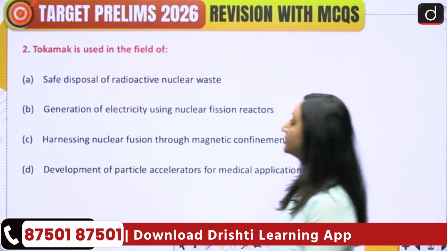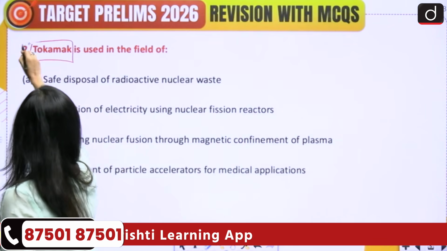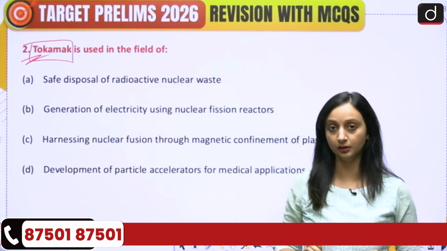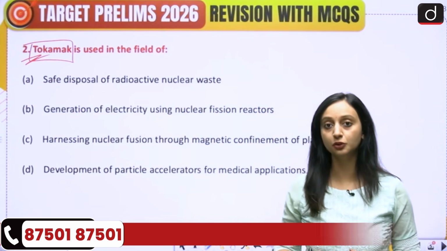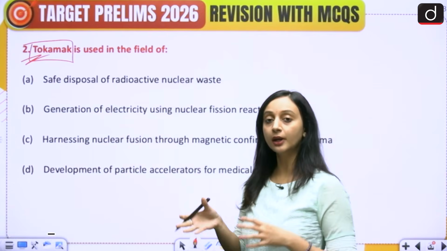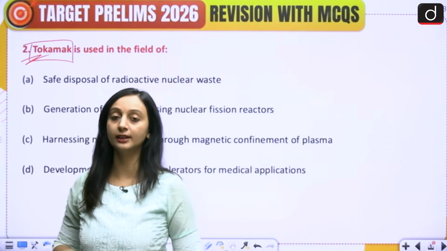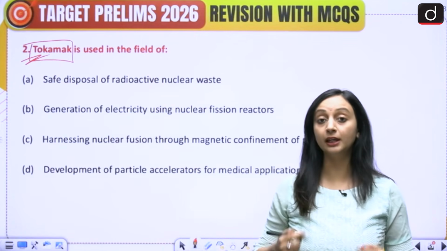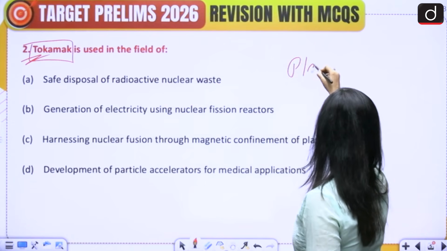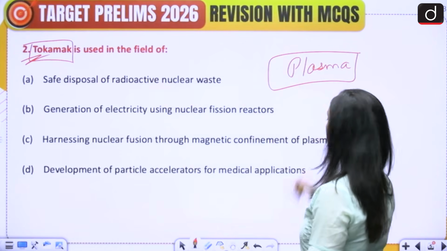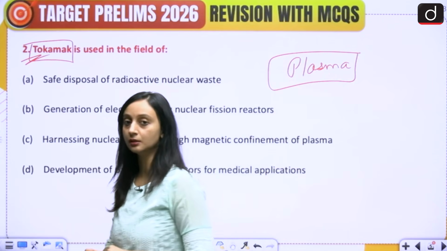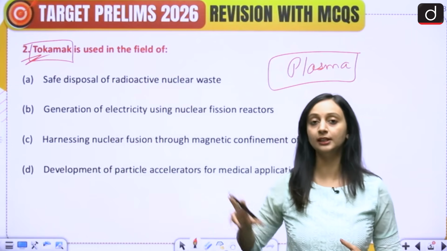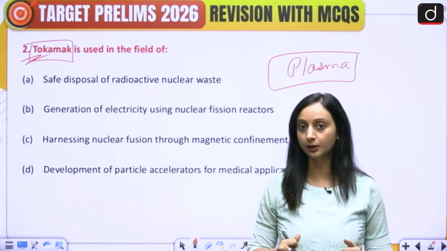Okay, so this is about Tokamak. Tokamak is basically a machine that tries to mimic the sun's energy on Earth. In the sun we have nuclear fusion ongoing, and that energy is being generated. Now we are trying to mimic that energy on Earth. For that we have this machine, the Tokamak. What is Tokamak doing? It is making use of very hot plasma. Nuclear fusion in the sun's surface is generating a lot of heat, right? We want to replicate that heat on the Earth's surface. So for that we are using a machine, the Tokamak. It is making use of super hot plasma.